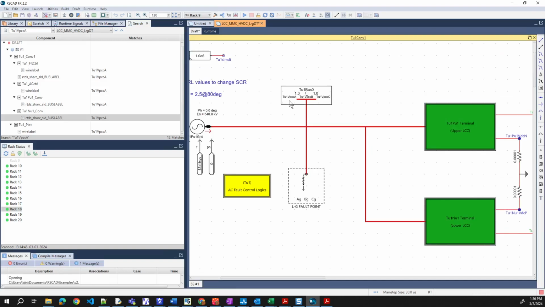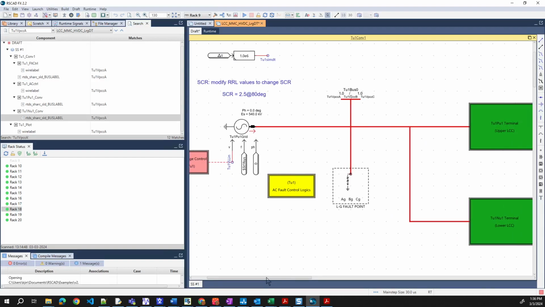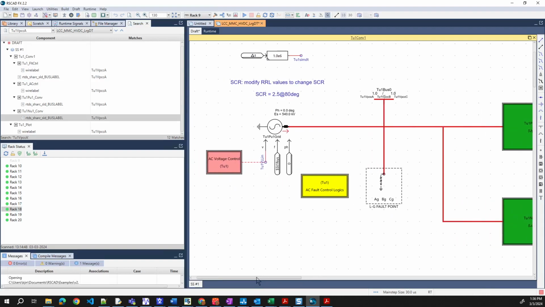It's called PTU1, PCCA, TU1 bus, terminal U, terminal 1 bus. Is that giving us point of PCC point A? Okay, that makes sense. That makes sense.